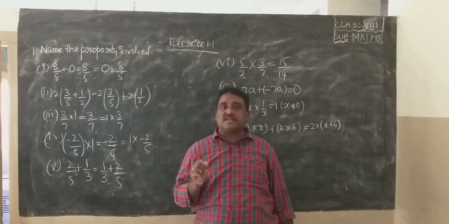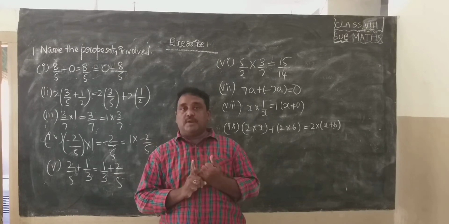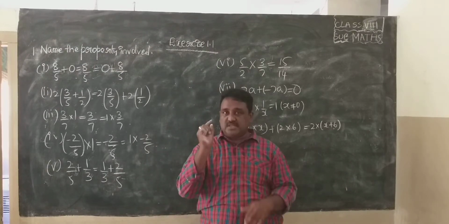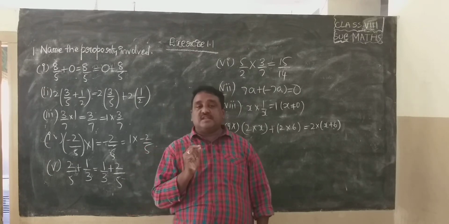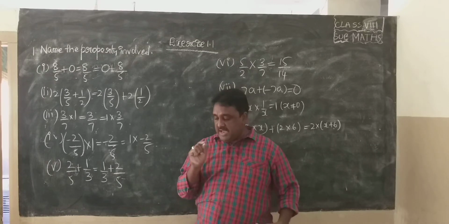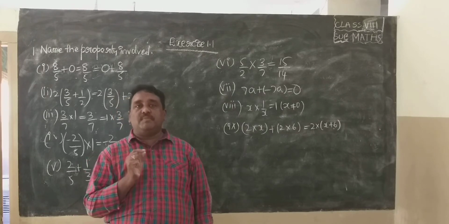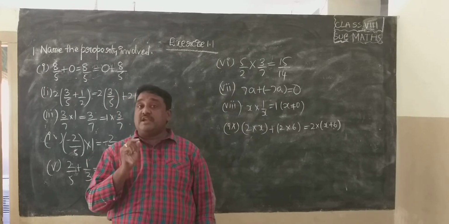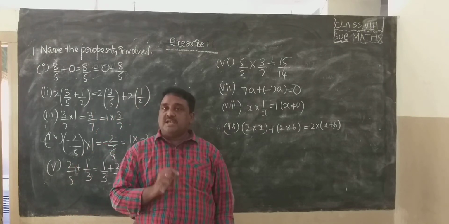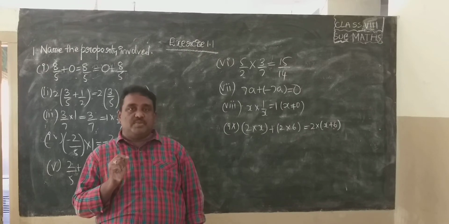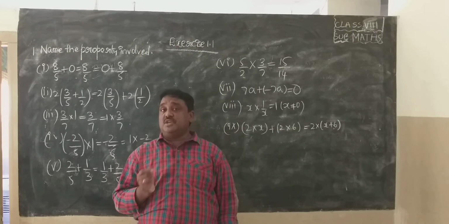What we discussed in the last class: existence of inverse property, then commutative property, then distributive property. With that, all six properties completed, and the existence of inverse property is important. Minus a is known as the additive inverse of a. 1 by a is known as the multiplicative inverse of a. Multiplicative inverse means reciprocal. Additive inverse means change the sign. Multiplicative inverse of 0 does not exist because for 0 there is no reciprocal. Additive inverse of 0 is 0.